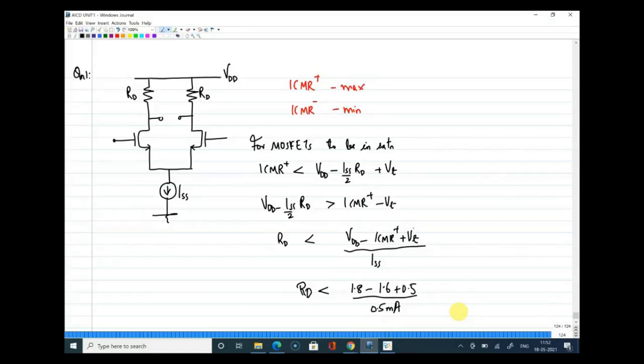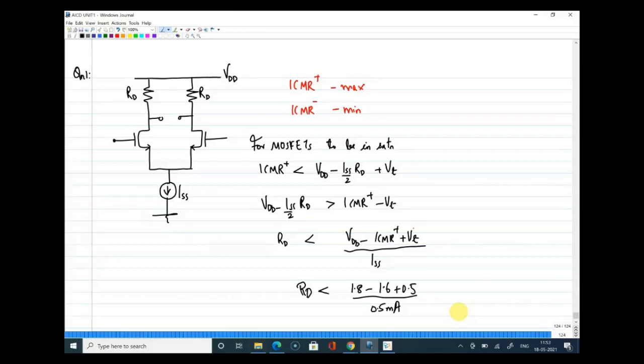So how will you say that it is 0? If I say it is 0, I should show that for that value of ICMR, that is for the 0 value, your transistor should be in saturation. Will the transistors be in saturation for 0 value of ICMR in this case? No, it won't. So that is not possible. The minimum value, ICMR minus, will be equal to VGS1 plus the drop across the current source, which is not given in this case. So we have a data insufficiency to calculate the minimum value, but the maximum value we can definitely calculate.